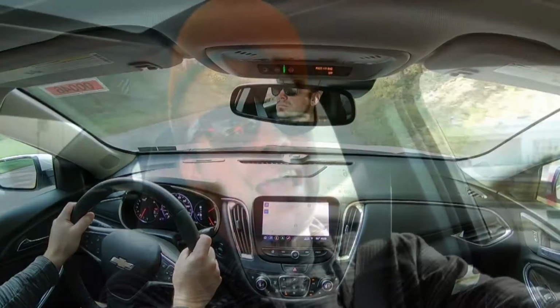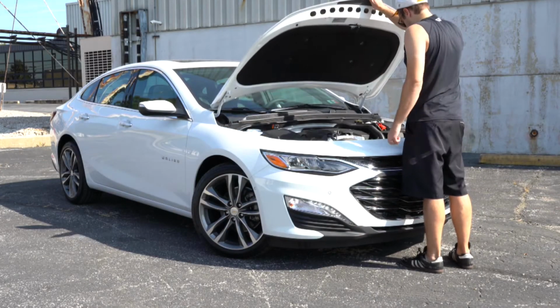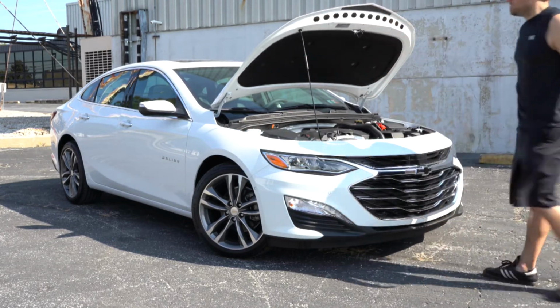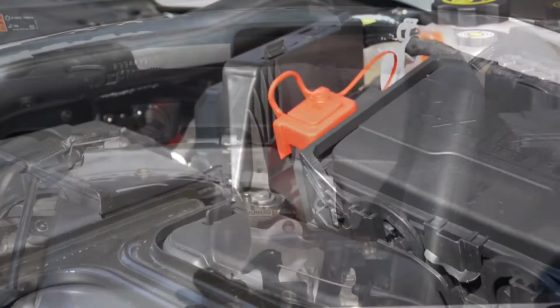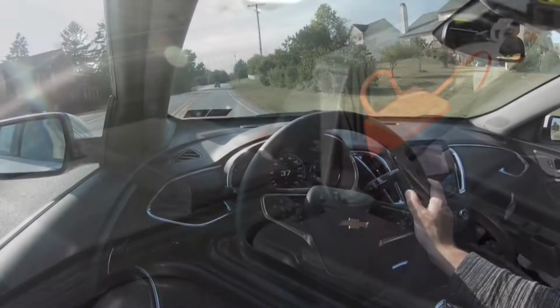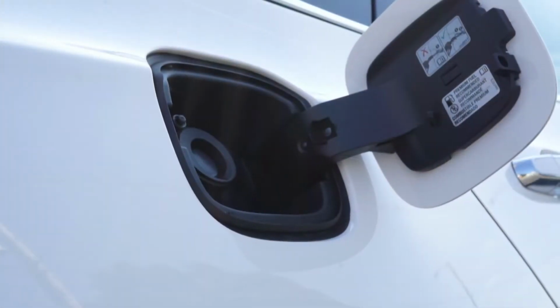$34,195. But to allow a couple extra options in addition to all those trim levels, there are two different engine setups available. First one being a 1.5 liter turbocharged inline 4-cylinder engine belonging to all trim levels but the Premier that we have today. This one is going to put out 160 horsepower at 5,700 RPM, 184 pound-feet of torque available at 2,500 RPM, sent to front wheels through a CVT, giving you MPG numbers at 29 in the city,